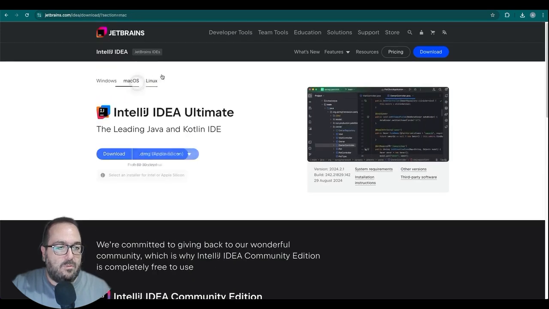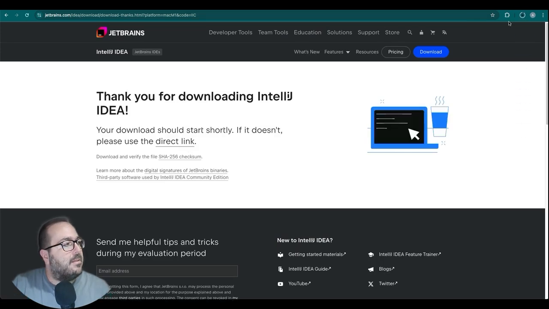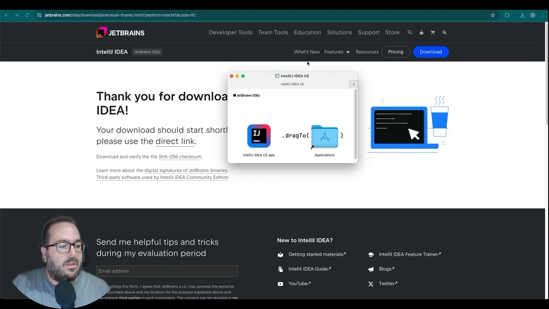I'm going to switch back to macOS and I will download the app like this and just wait for the download to complete. When it is done, you can just click the downloaded file. You will see a similar view to this one here. Just grab IntelliJ and pull it to the Applications folder. Wait for a few seconds and that should be it.